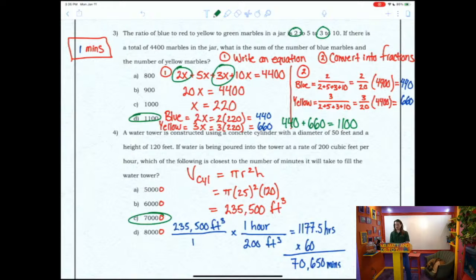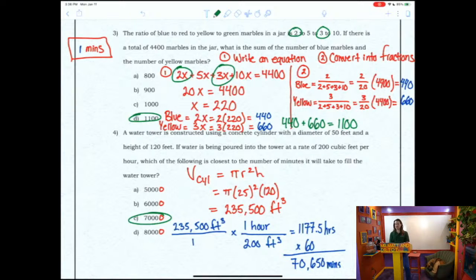Now we could also convert these ratio elements into fractions, recognizing that the denominator is the sum of all the ratio elements in the ratio. So if you add up all of the elements in the ratio, 2 plus 5 plus 3 plus 10, you get 20. So the blue marbles are 2/20ths of the whole jar, and the yellow marbles represent 3/20ths of the whole jar. Evaluating these fractions against the whole number of marbles in the jar, 4,400, we're going to find that